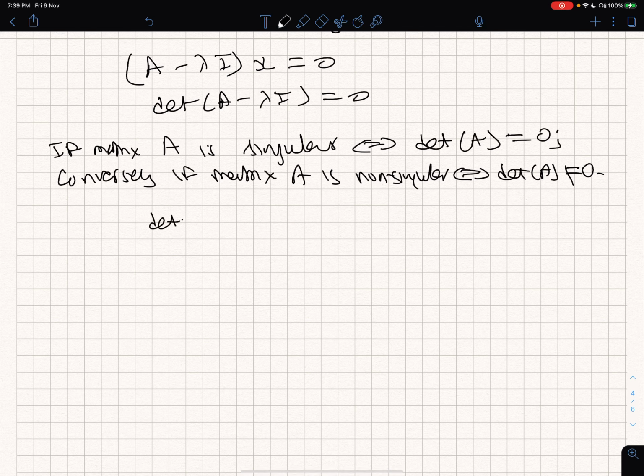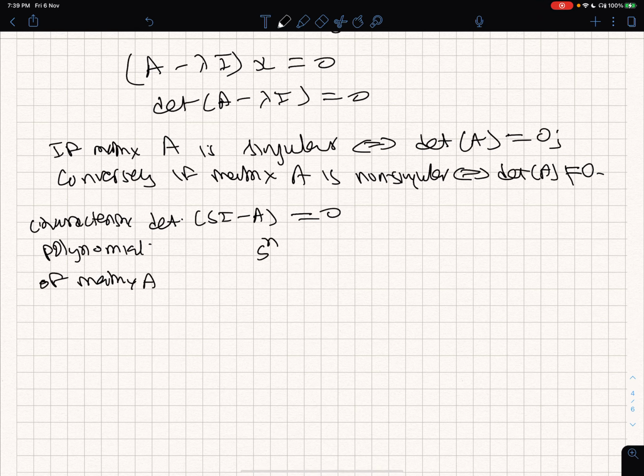So in general, if you take s as a variable, then this set to 0 is called the characteristic polynomial of matrix A,